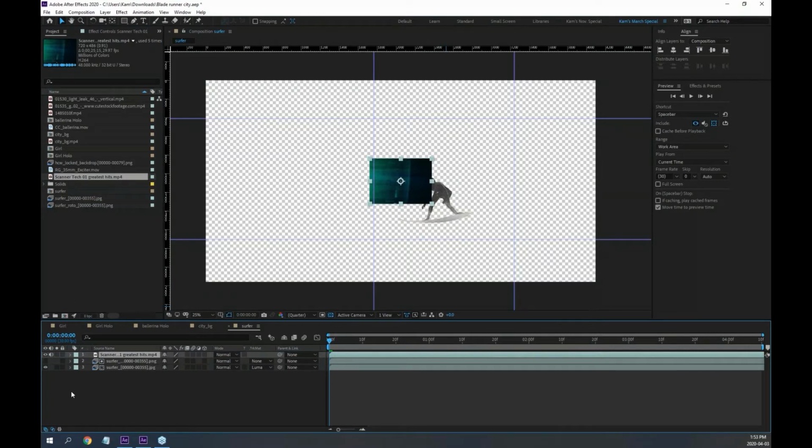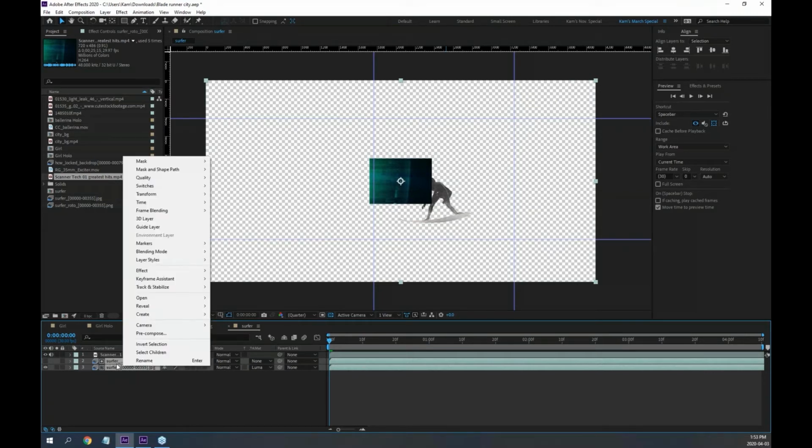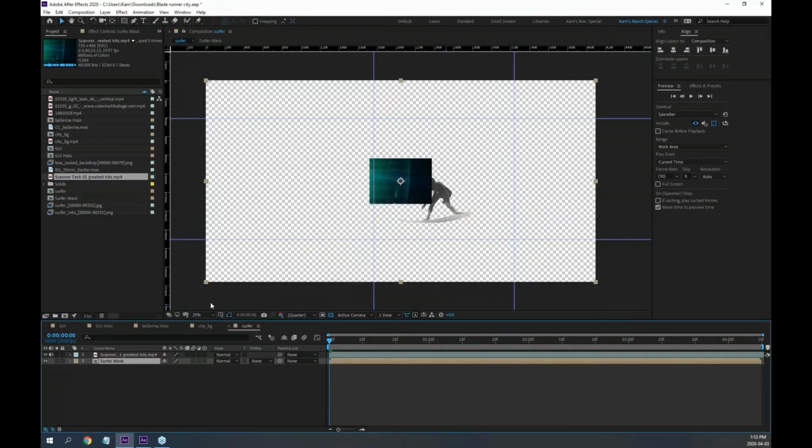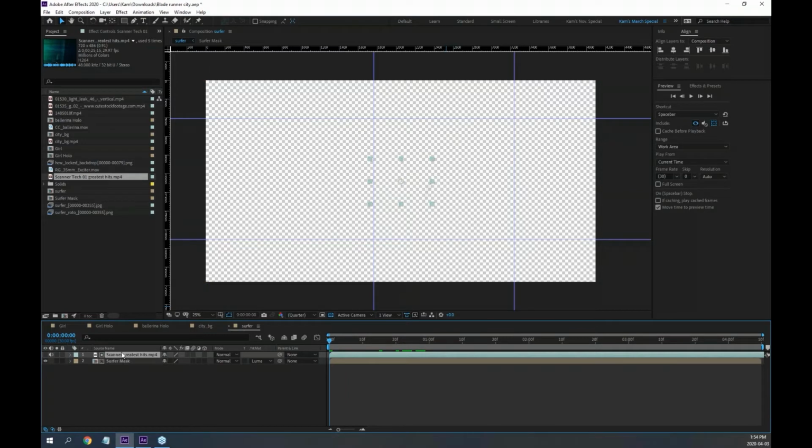Now this is a bit of a tricky part because the surfer, 2 layers contribute to this. So these 2 must be a pre-composition. So I right click on one of them, select both, right click on one of them, select pre-compose. I will call this thing surfer mask. Technically it is. Now I can use the luma mat. See? Except